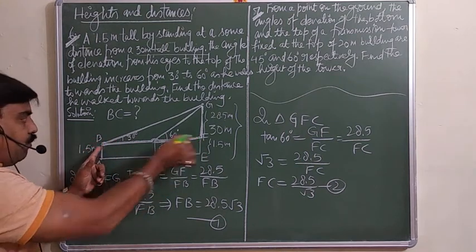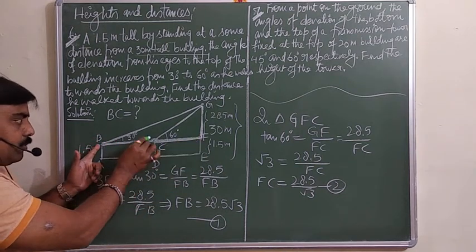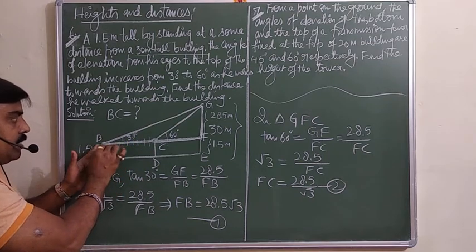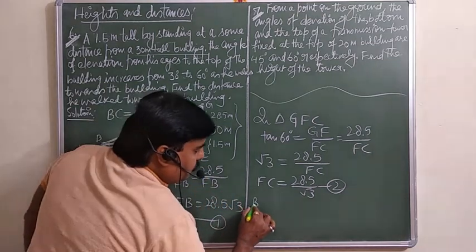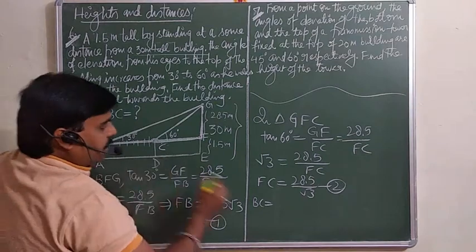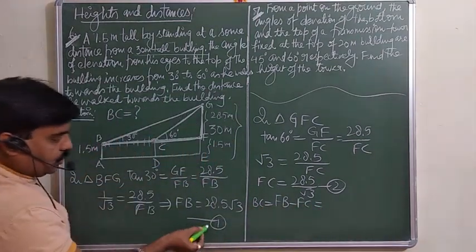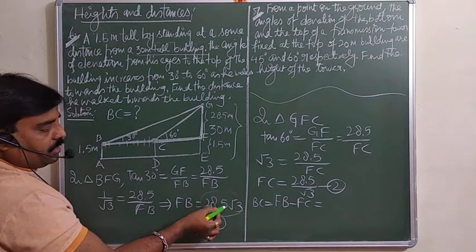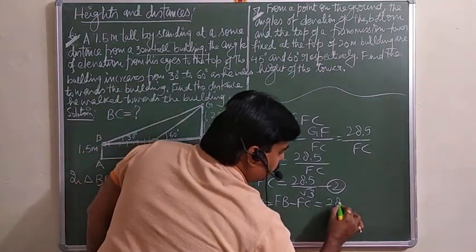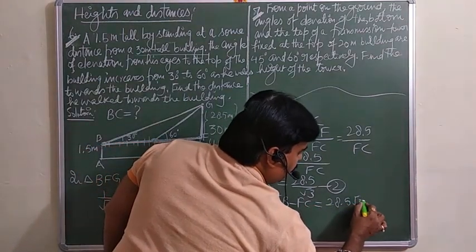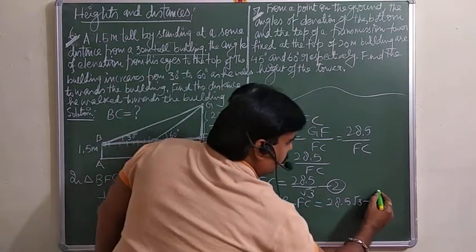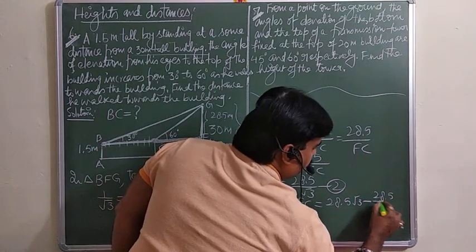So from this FV, we are supposed to subtract this one only. Then you will get this distance CB. So then you can see BC is equal to FV minus FC. And FV is what? That is 28.5 root 3, minus this, 28.5 over